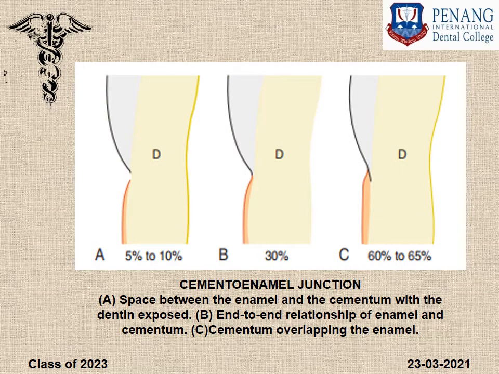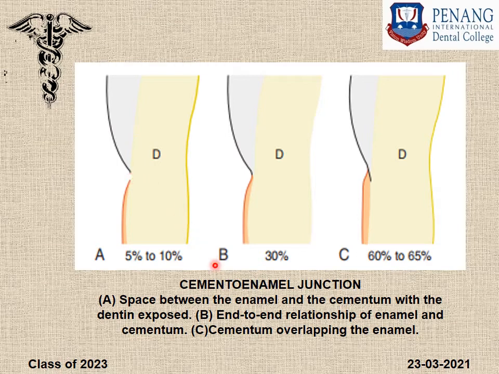So this is one more important aspect which tells about sensitivity in the patient. Cementum and enamel try to meet at a junction, but at times this junction is not established, or they are not touching, and therefore the underlying dentin can become exposed. For example, here is a condition where this is your cementum and this is your enamel. There is a space, they don't touch each other because of the tooth development in this patient, and therefore there is exposed dentin present here. In these cases you might have sensitivity because the dentin is open like this.